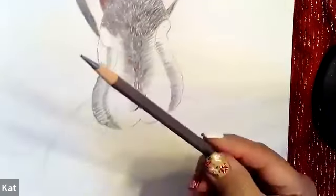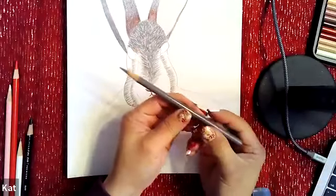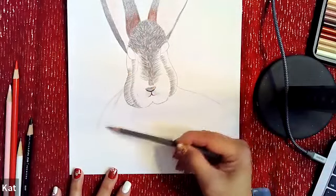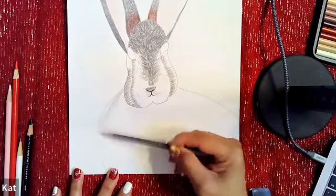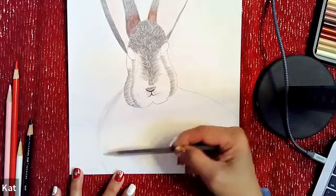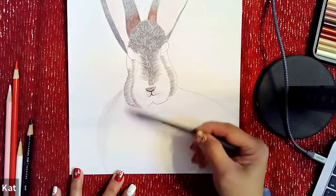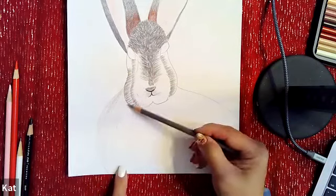Let me zoom it out. See how far I'm holding my pencil, all the way till here. So we do shading all the way. What I mean by shading, we do very light, one light area, very, very light area, this part here, okay? And again, I'm moving the...